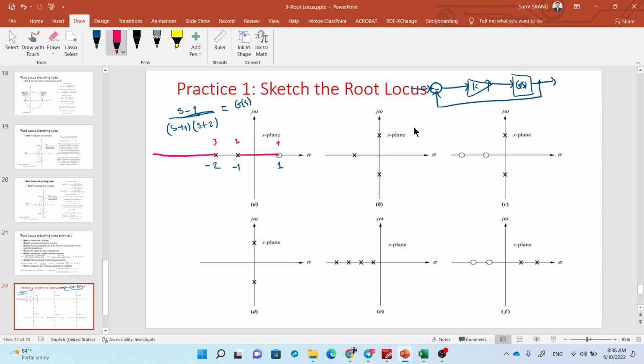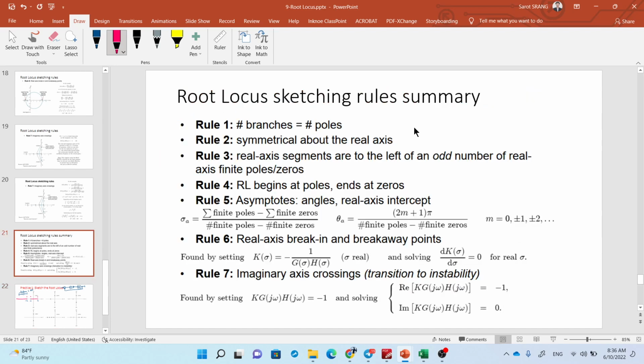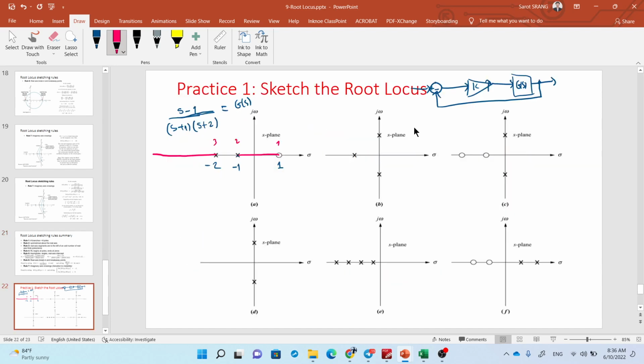And you use rule number 4. Let me see number 4, right? Yeah, number 3, number 4 is the best rule, I would say. Number 4 says